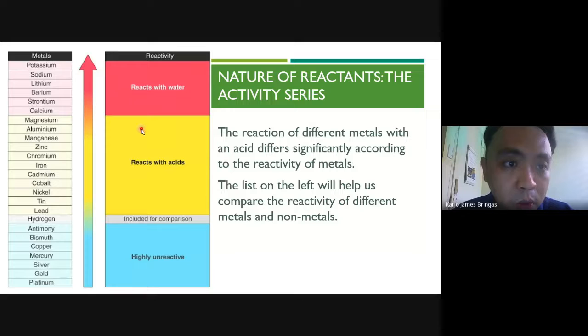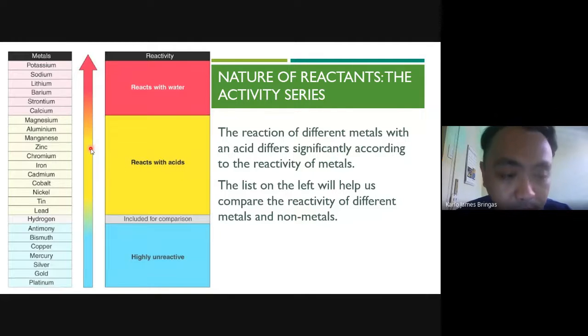Okay? So starting off with the pinaka-top in here, you have potassium. Potassium is a highly reactive substance. It's so reactive that it can react with water alone, or even with the moisture in our air. So this reaction will occur very fast and very violently. Sodium is also similar, so it can react with water as well. Compare it to something like, let's say, dito sa gitna, let's have iron. Our iron by itself does not react with water, but it does react with